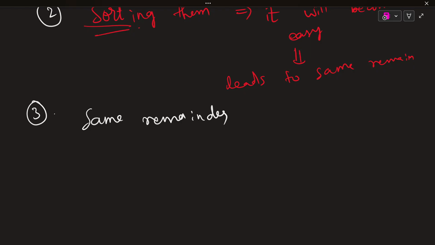If it could be a different remainder, we would return -1. Since it is the same remainder, here